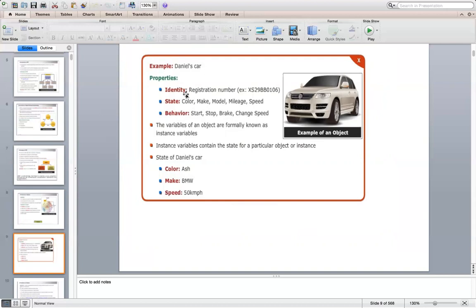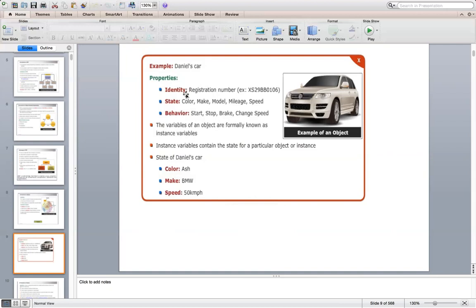What is state? The state is nothing but the data that is associated with that particular real-world entity. Behaviors are the implementations; how it acts and reacts when the data changes is captured through the behaviors, that is, implementations, and those are represented as part of methods. And it has an identity which can be uniquely identified.